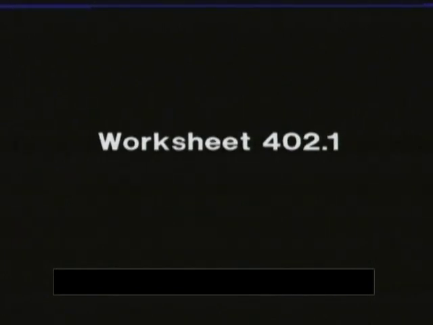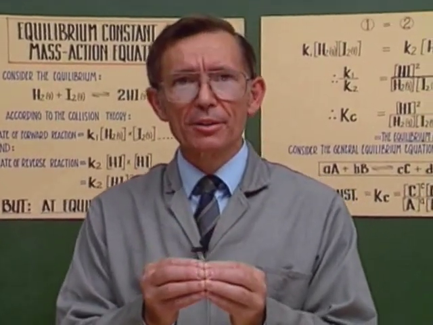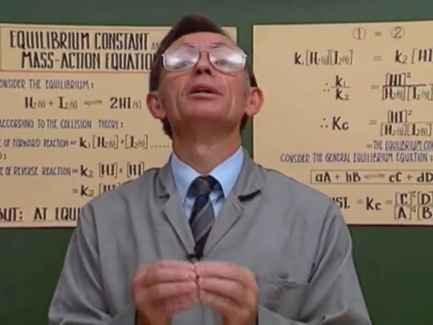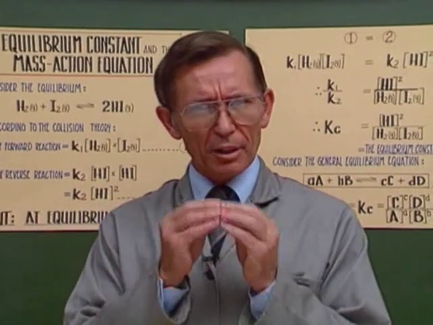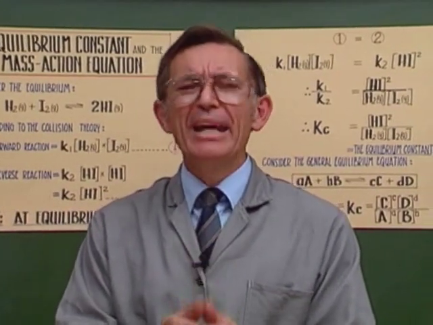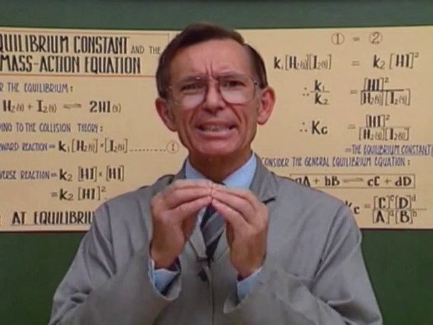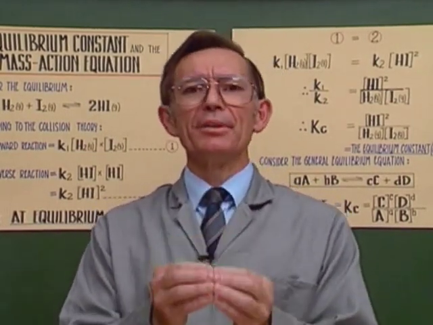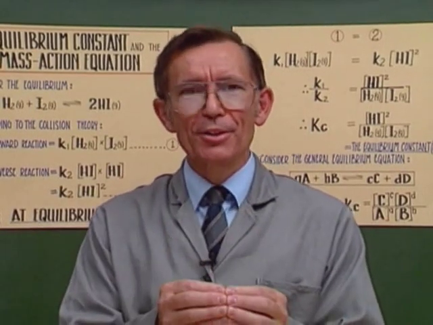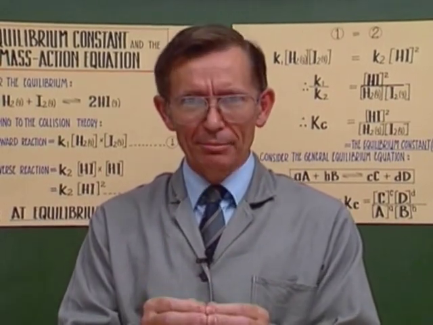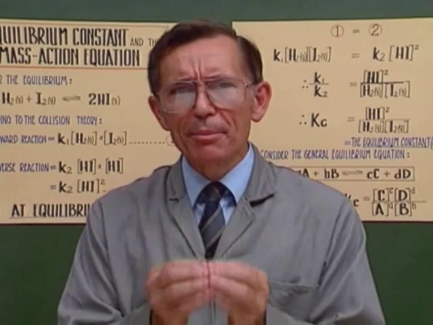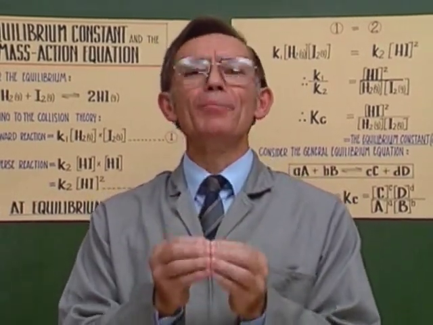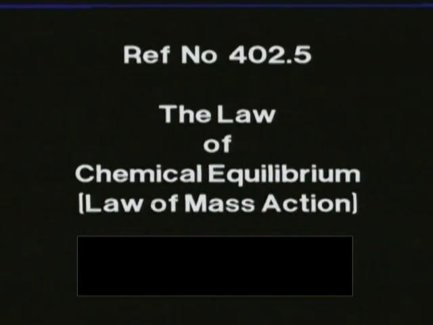Although Le Chatelier's principle helps us to make qualitative predictions about the direction in which a given equilibrium will shift when we change the concentrations or the temperature, it cannot determine the exact extent to which this shift will take place. In other words, it cannot determine the exact concentrations of the final products that we desire at the new equilibrium. For this purpose, we apply the law of chemical equilibrium, also called the law of mass action. Reference number